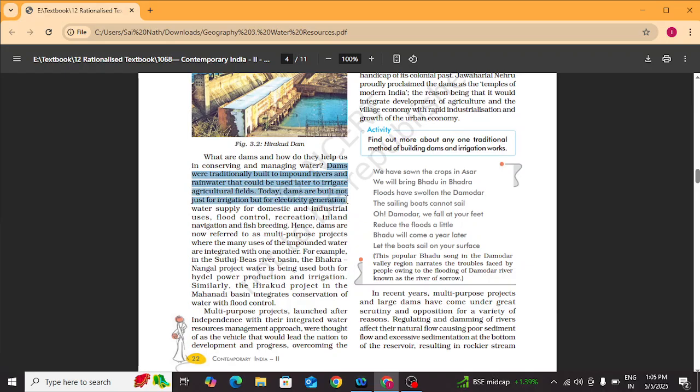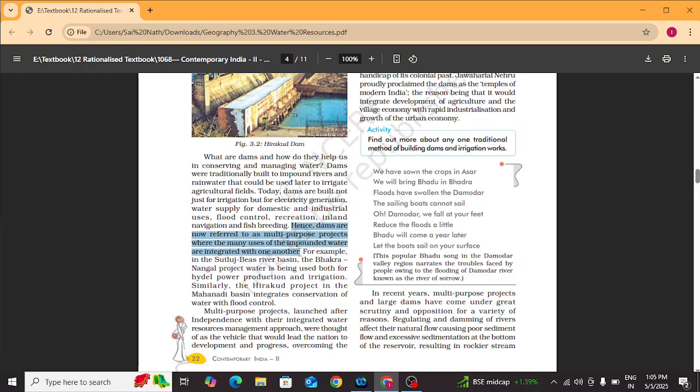Today, dams are built not just for irrigation but for electricity generation, water supply for domestic and industrial uses, flood control, recreation, inland navigation, and fish breeding. Hence, although investment is huge in building a dam, their uses are not any less. Hence, dams are now referred to as multi-purpose projects, where the many uses of important water are